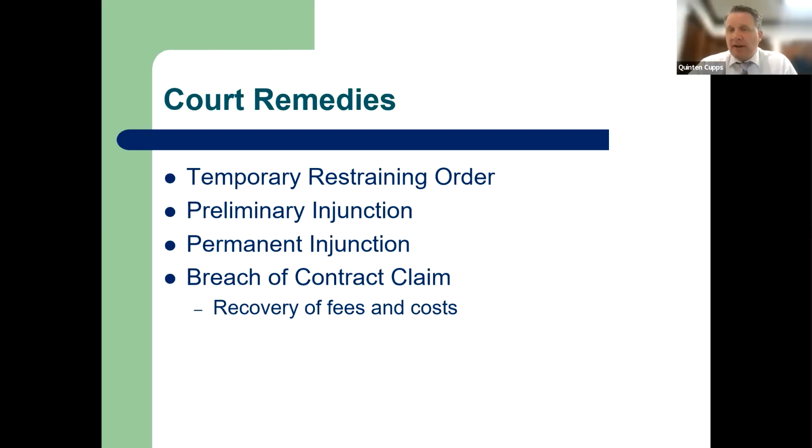The other option is a permanent injunction. That's very similar, where you're asking the court to get them to stop doing what they're doing, but it's not as immediate. Or you're getting the court to order them to do something. Maybe you need to order them, you have to submit for approval, or you have to do X, Y, and Z. That would be what's called an injunction, and the court can issue those and order homeowners to come into compliance.